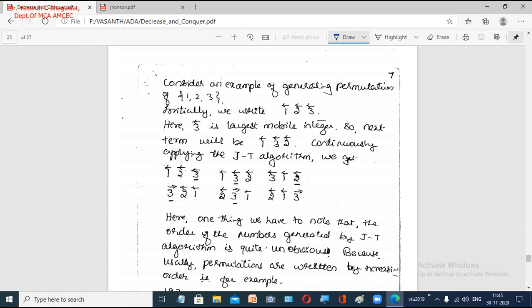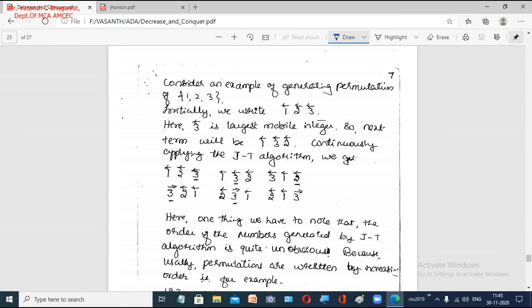Now we know how we identify a mobile element. You take the first number, the first one is 1, and you see in which direction it is pointing. It is pointing in this direction and there is no number next to it, so leave this number. Now take the second one. 2 is pointing towards the number 1, which is less than 2, hence 2 is a mobile element. Now you take the other number, 3. The direction of 3 is towards the number 2, which is less than 3. So 3 is also a mobile element. So now we have 2 mobile elements, or 2 mobile components.